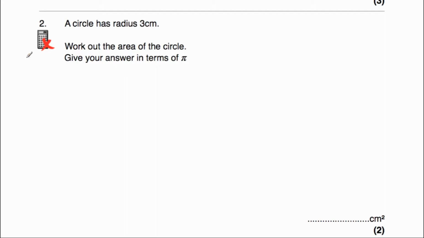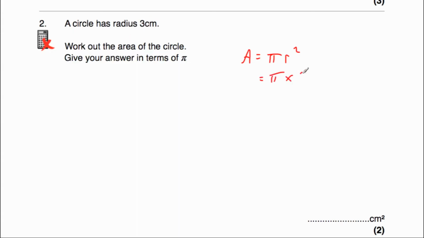So let's have a look at question number 2. Question 2 says, a circle has a radius of 3 centimeters. So if we've got a circle, the distance from the center of the circle to the edge of the circle, or a point on the circumference of a circle, is 3 centimeters. In other words, halfway across the circle is 3 centimeters. And we've been asked to work out the area of the circle and to give our answer in terms of pi. So the area of a circle is given by the formula pi r squared, or pi times the radius,